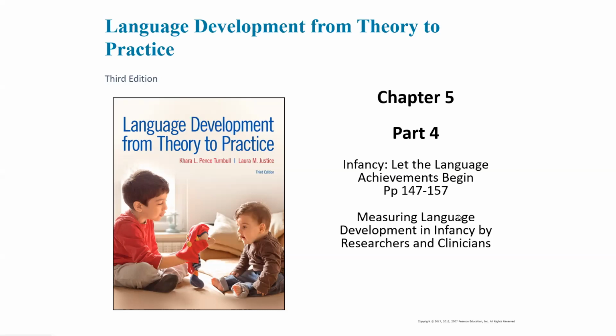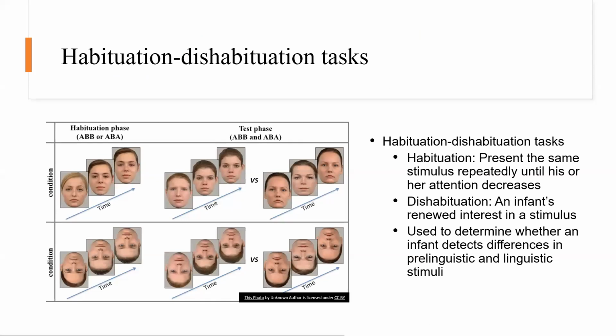So this is 147 to 157, and really we're going to talk a lot about measuring language development and research. So here we go. There are lots of different ways that researchers have figured out what infants know at certain points in development. One of the tasks that they use is called a